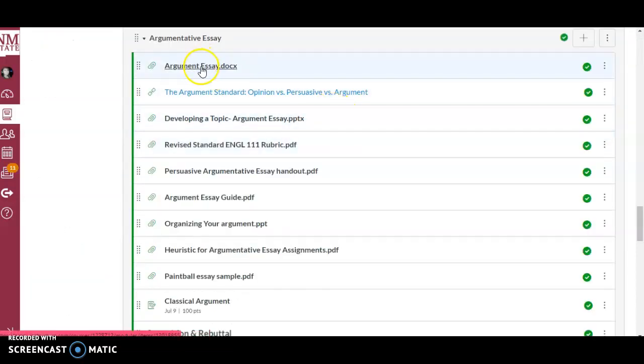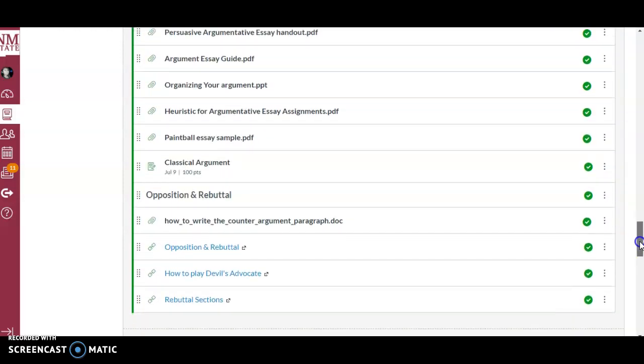So here we go. You can find the instructions, and then I also provide some PowerPoint, some handouts, you know, a sample, and of course at the very end you have the link to turn in the assignment. And of course, along with the argumentative essay, we also have opposition rebuttal. So we have some sources there, some resources for you to read and go over in order to understand opposition